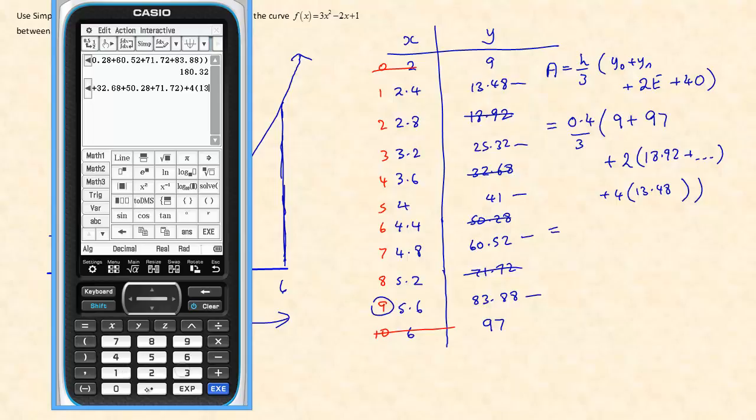So that's 13.48 and 25.32 and the 41 and the 60.52 and finally the 83.88. And we'll execute that, and that gives us